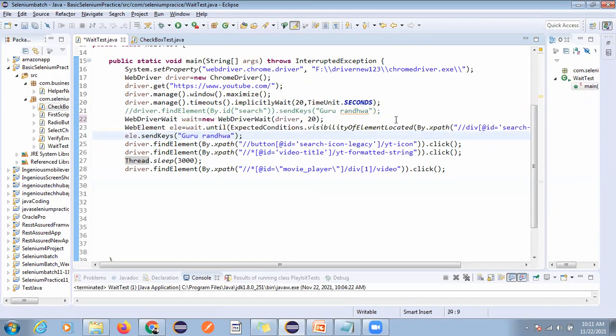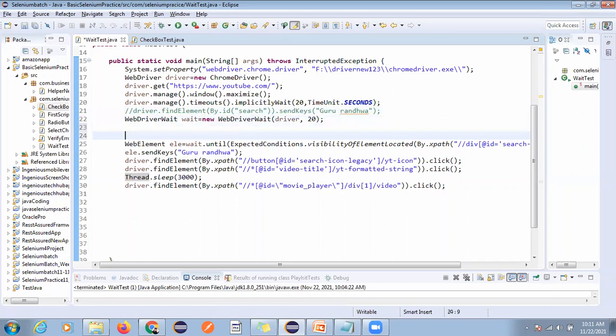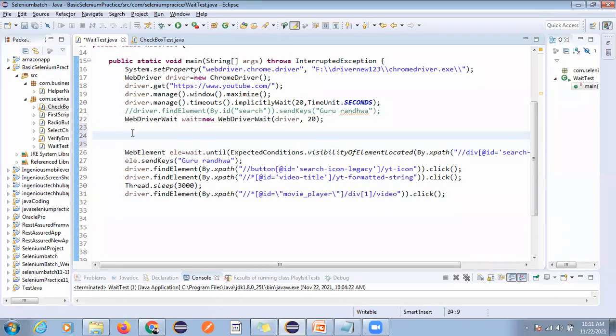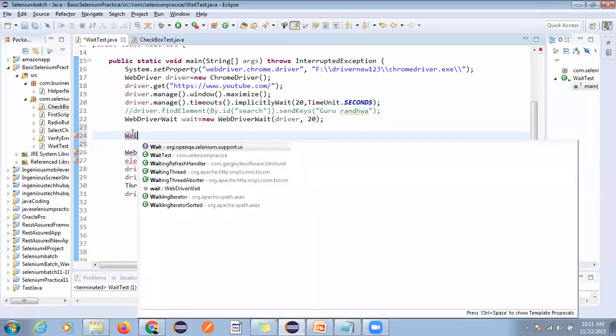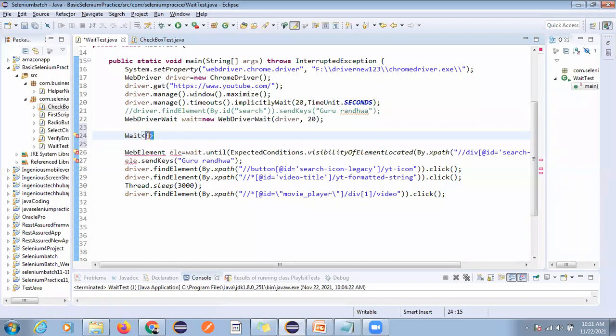So we have one more wait, called fluent wait. Let me use that fluent wait. Here I'm not using any generic.